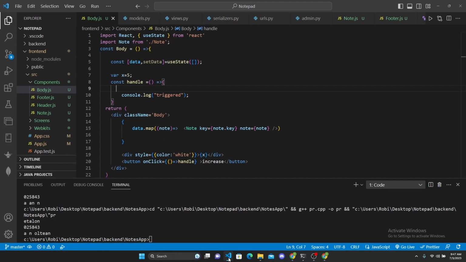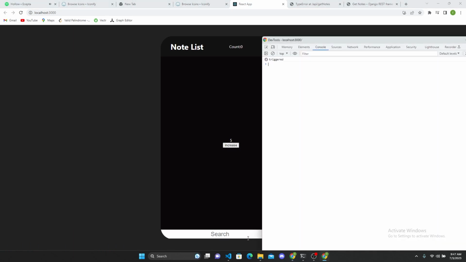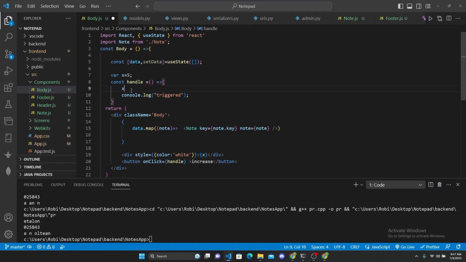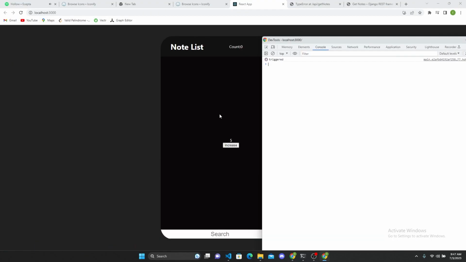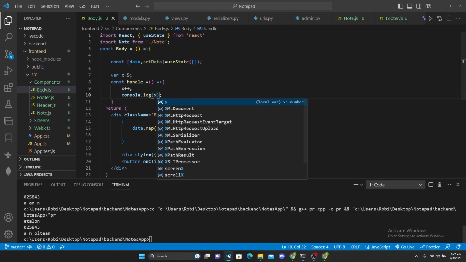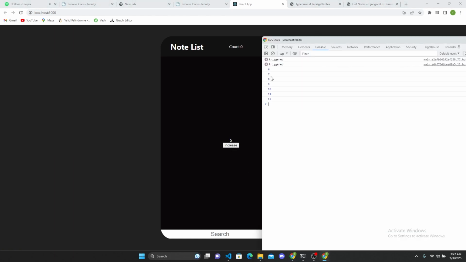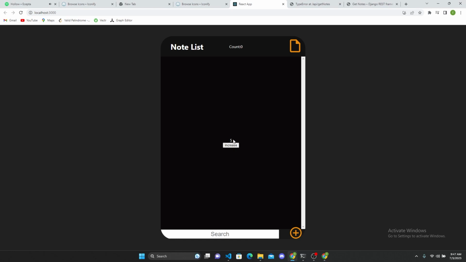I don't know why this is not working. Let's just add the function handle like this. Okay, and I'm triggering the function, and now I want to increase the value of the variable. So let's print the variable x like this. So you can see that it got to 6, 7, 8, 9, 10, but we still can't see that because